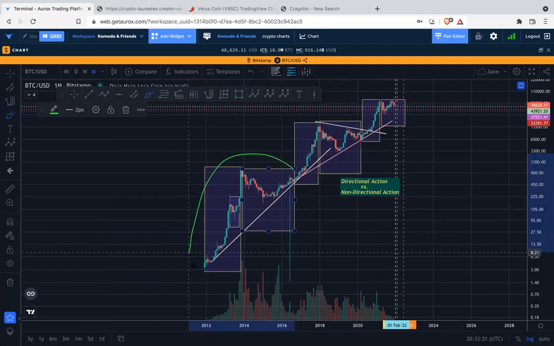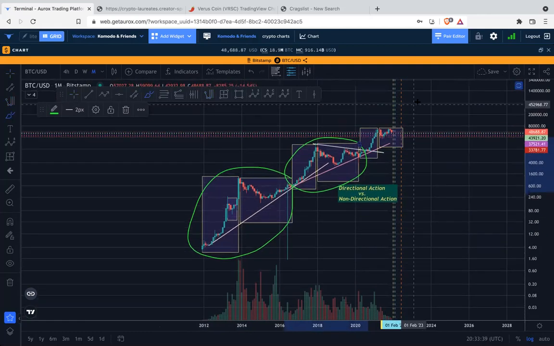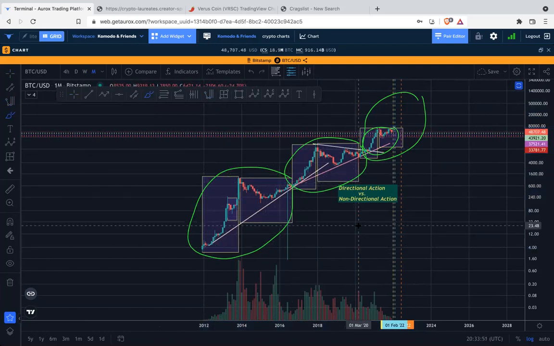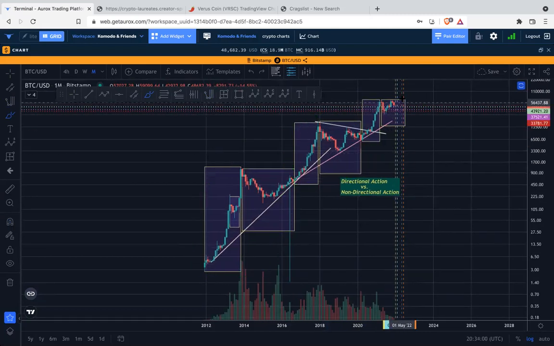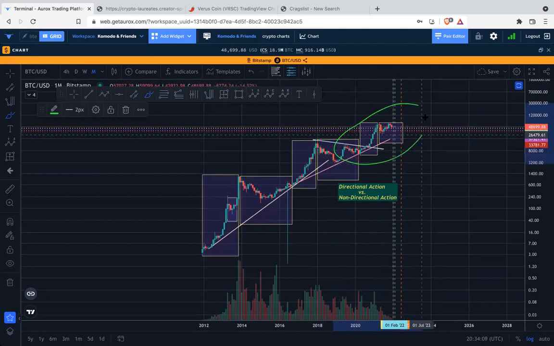There is this whole degree here, I would say, that matches with this degree here. Does that make sense? And now we are forming something of the same degree, okay? But this degree here, I would say, does not match with all of this degree, in my opinion, on this whole chart. I think that this current degree we're in, whether it starts there or whether it's this whole thing here, still has at least one more smaller degree thing to make, if not maybe two,